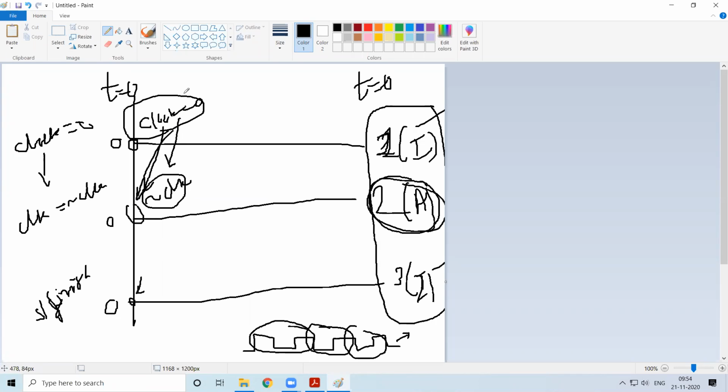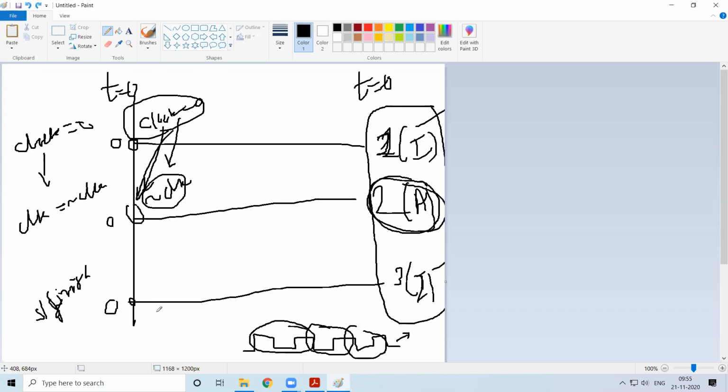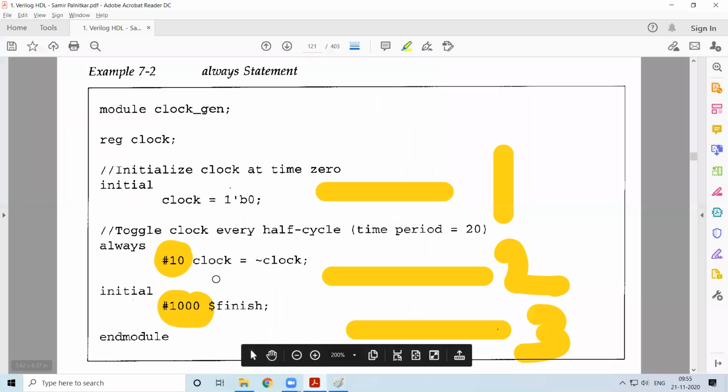So you're initializing, but all is happening at the same time, so there will be ambiguity on how to go around. The simulation will be stopped because of this finish statement. In order to avoid such conditions, which are not encountered in your hardware, because your hardware is not encoded in this way,